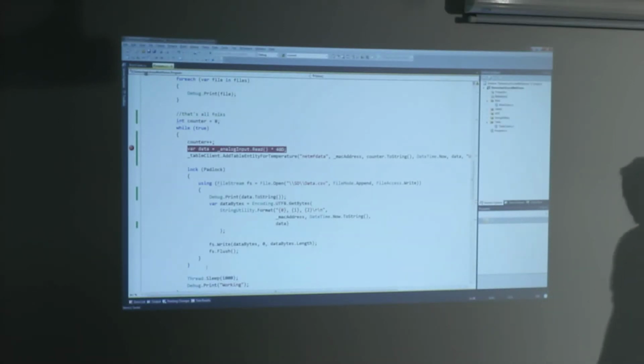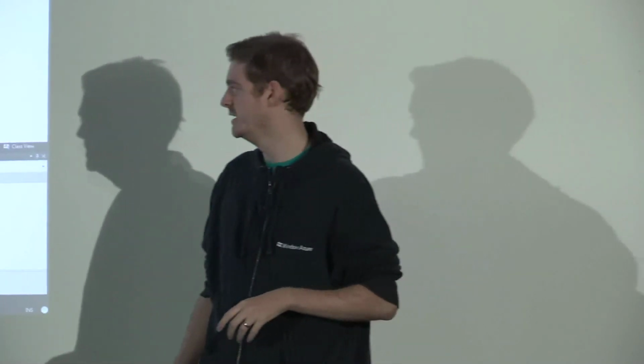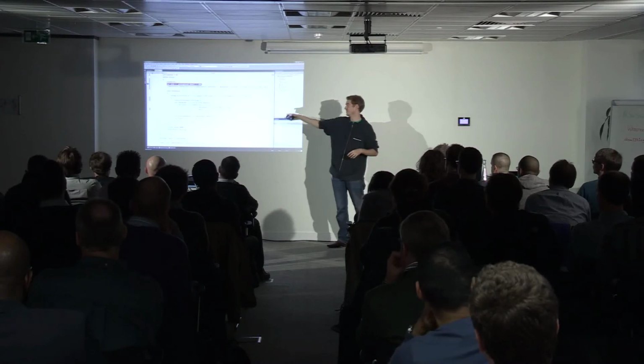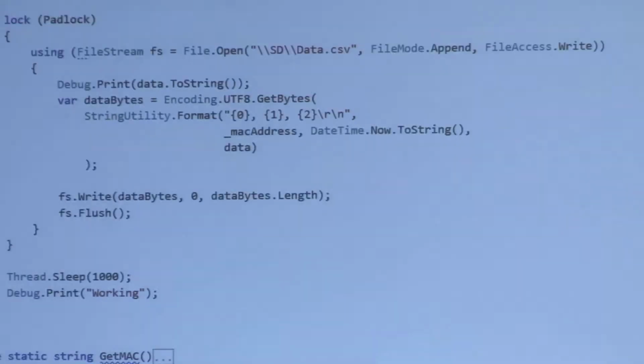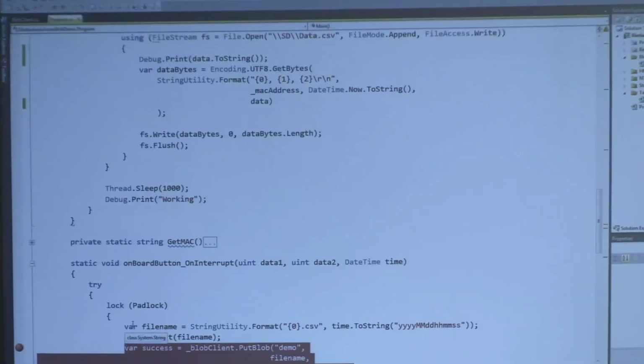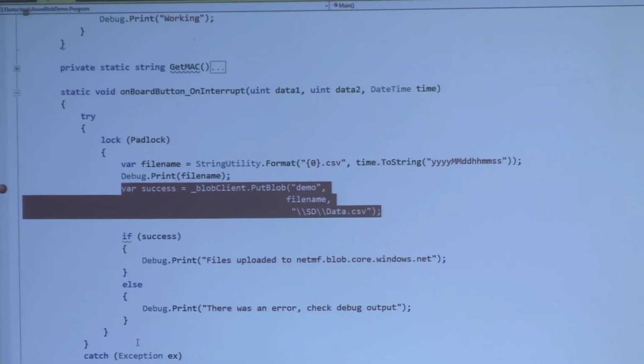It simply is runtime thread coercion, the same way as you would expect to see it in standard C#, which is a monitor class for you VB heads. And as you can see again, file I/O done using file streams, file.open, file.write, that sort of stuff. It's all very standard stuff, but on a device. And we have an onboard button interrupt. So when I hit a button, it's already been adding row after row after row to table storage. But when I hit a button, it will find all those rows that I've also put into a CSV file, and it will transfer that all up in one go.